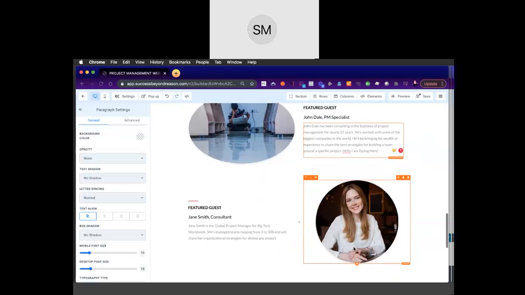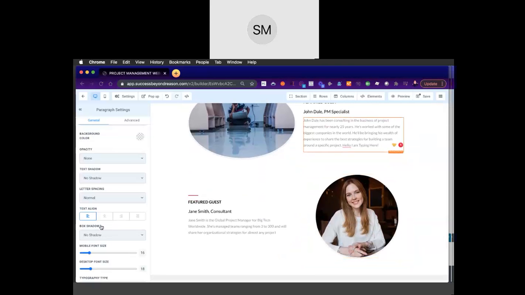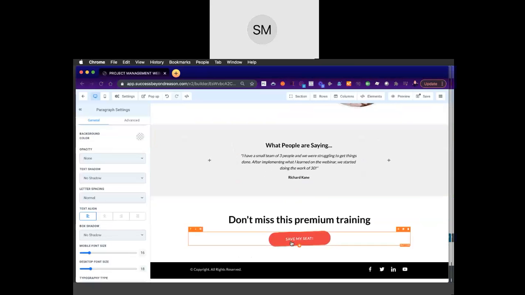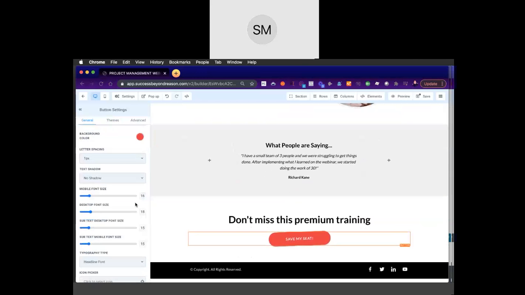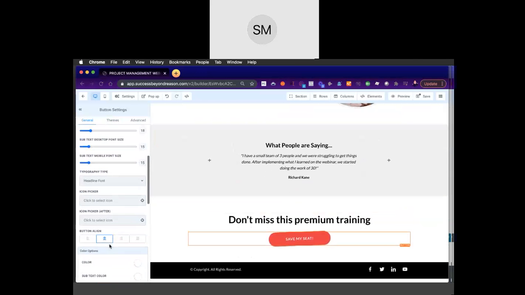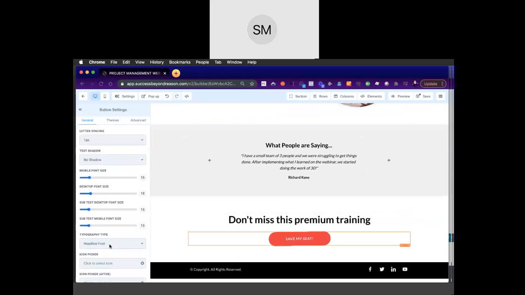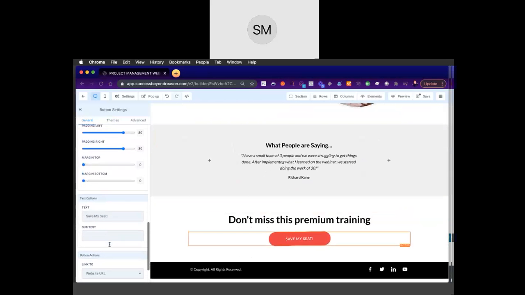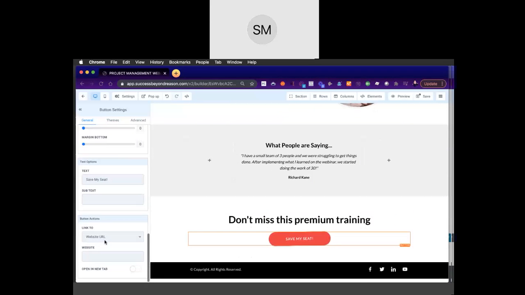And you can change font colors, whatever you so like, just on this left-hand side. And if you have any questions, please reach out. As you can see, this fun button I like has a bit of an animation on it. So you'll find in these button sections the link to the URL, or if you want, you can always go